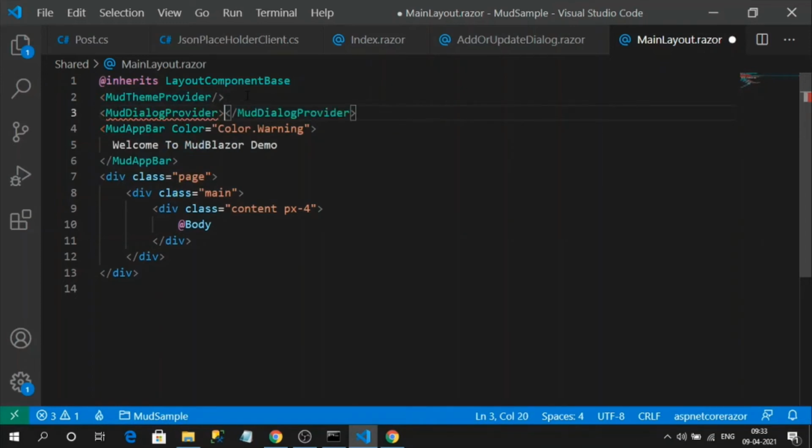Okay. Don't forget to import it. If you recall, in our setup steps, you can find Mud dialog provider is available there, but at that time it is optional,